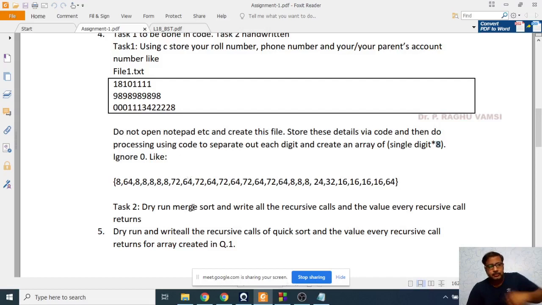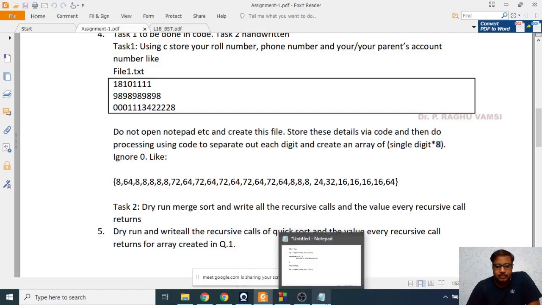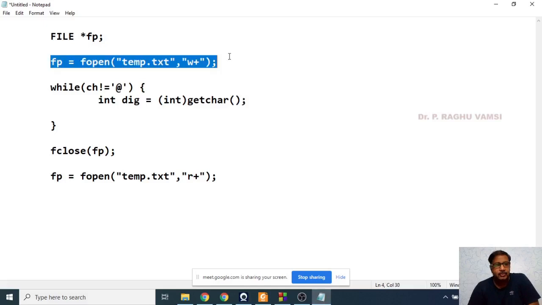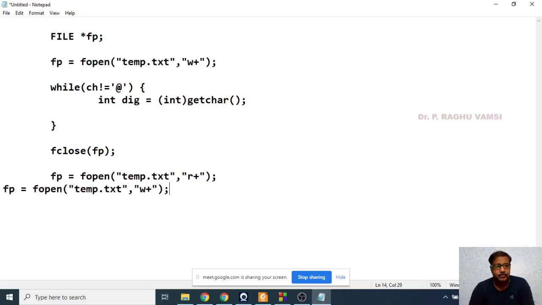You are supposed to place it in the same file or any other new file. It is better to place it in a new file. So whenever this is in the open mode, you create another file, say temp1.txt.